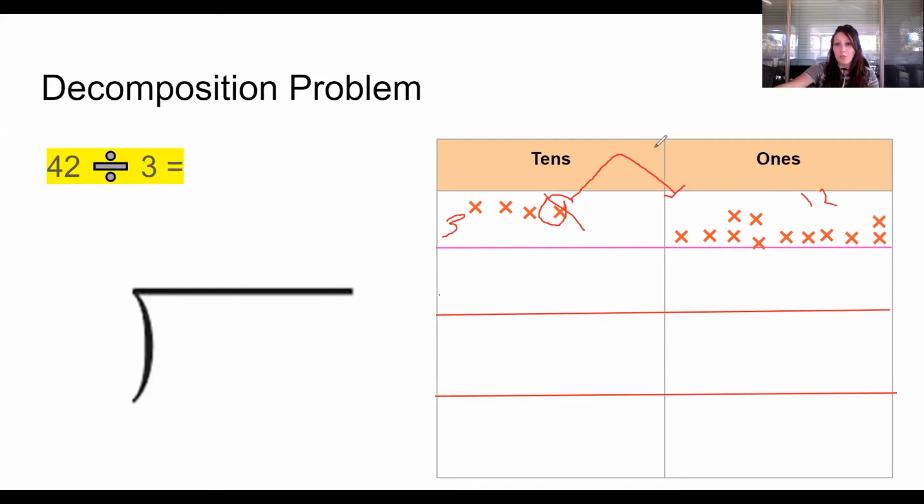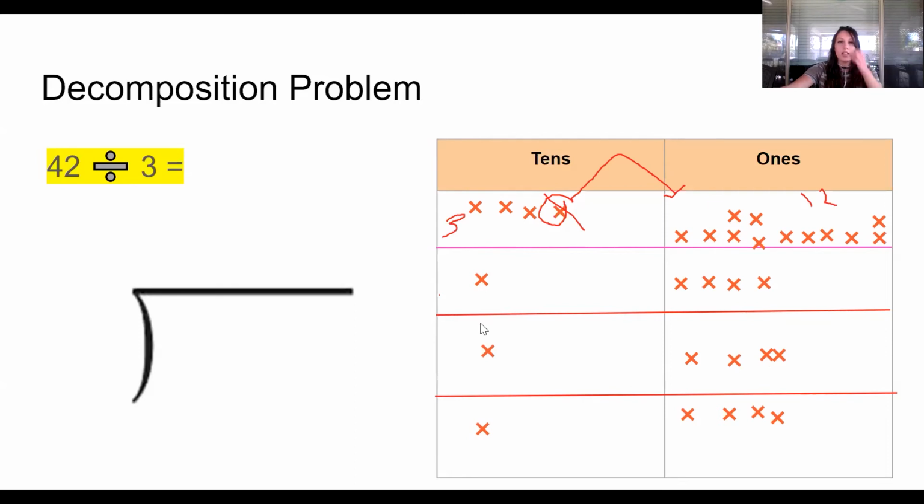We can divide this into 4 sections. So what's 12 divided by 3? 4, right? So I'm going to put 4 X's in each of these columns down here. So we have 1, 2, 3, 4, 1, 2, 3, 4, 1, 2, 3, 4. And how many tens do I have? I have 3 tens. 3 tens can easily be divided into 3 sections, and you just put 1 X in